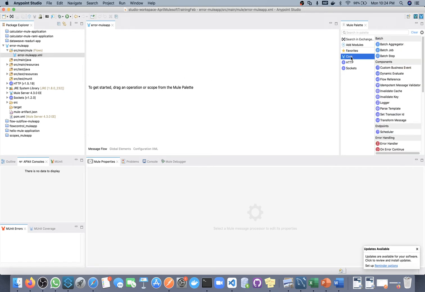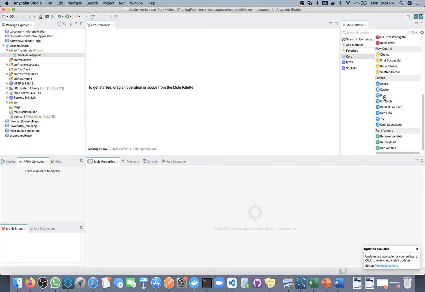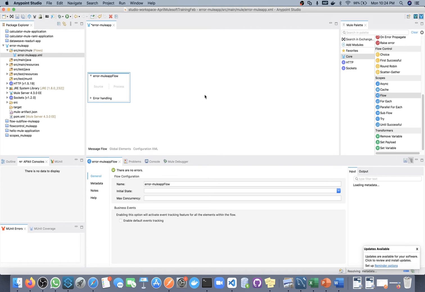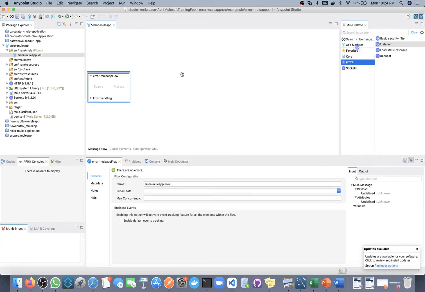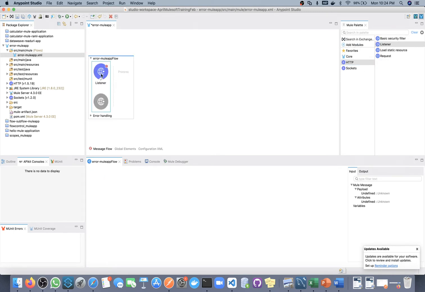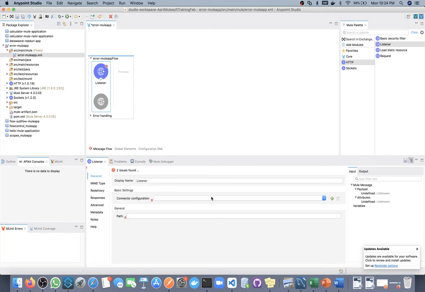Okay, so inside the core component I will take a flow, and inside the flow, since I want to expose my API as a REST API, I will use an HTTP listener. Now here we will use the default Mule connector configuration.